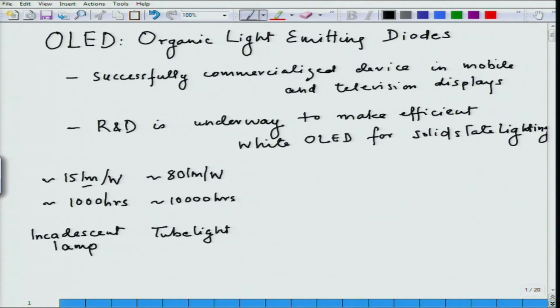Then there was a long time gap before any new lighting product was introduced, and in recent years you must have seen the compact fluorescent tube, CFL, as the lighting source, and its efficiency is generally in the range of about 50 lumens per watt,